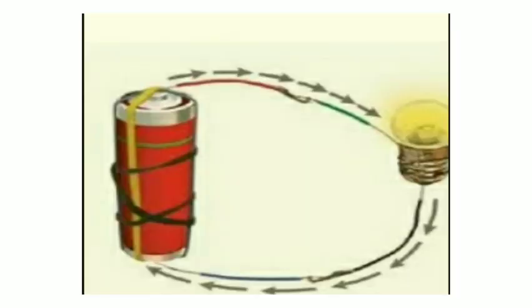In an electric circuit, the direction of current is taken to be from the positive terminal to the negative terminal of the electric cell, as you can see in the picture. When the terminals of the bulb are connected with that of the electric cell by wires, the current passes through the filament of the bulb. This makes the bulb glow.